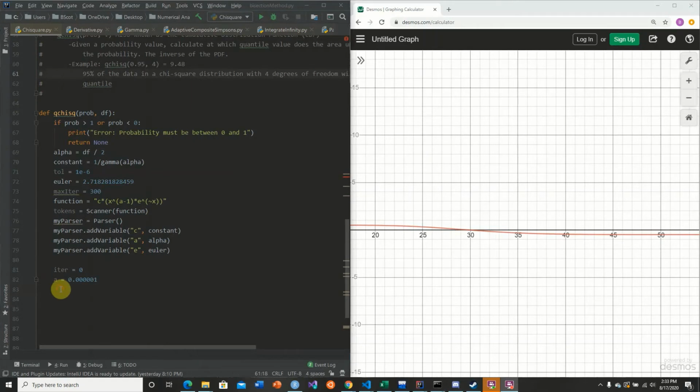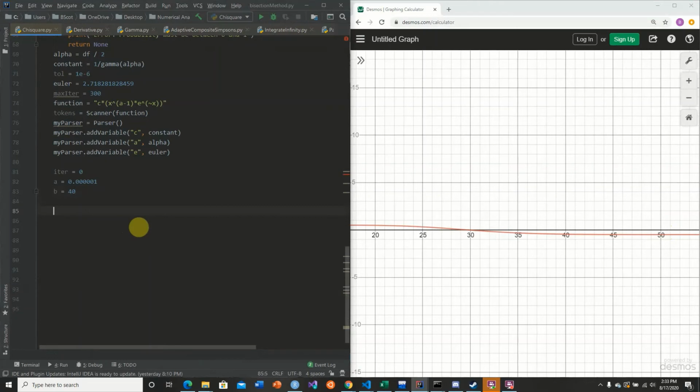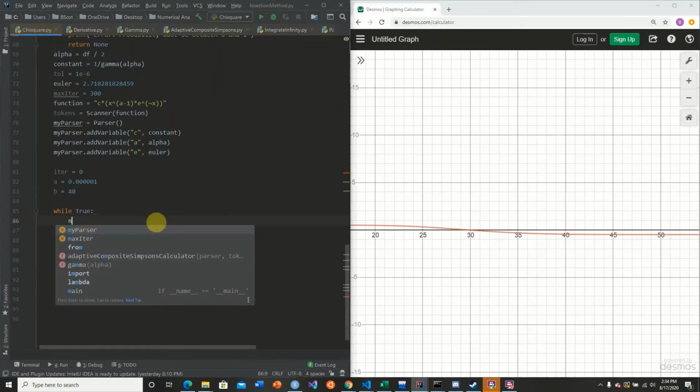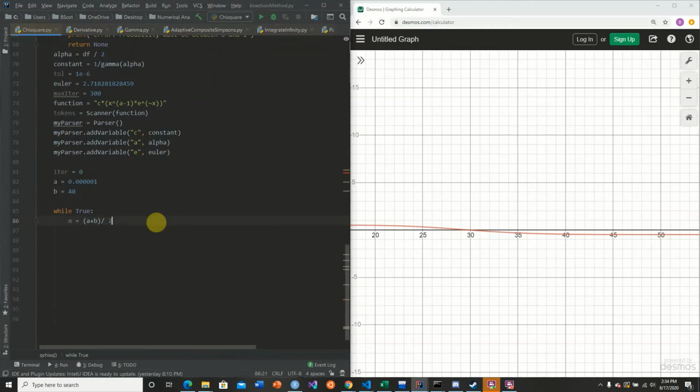So our max possible x value is going to be 50, which is our b. So this is going to allow us to have an extremely large number of degrees of freedom. Or actually, let's make this 40. So now we're going to make our while loop to loop over in our bisection method. And what we do here is we take the medium value, so we take our a plus b, divide it by 2. We take the middle value, and now what we need to do is calculate our f of a,